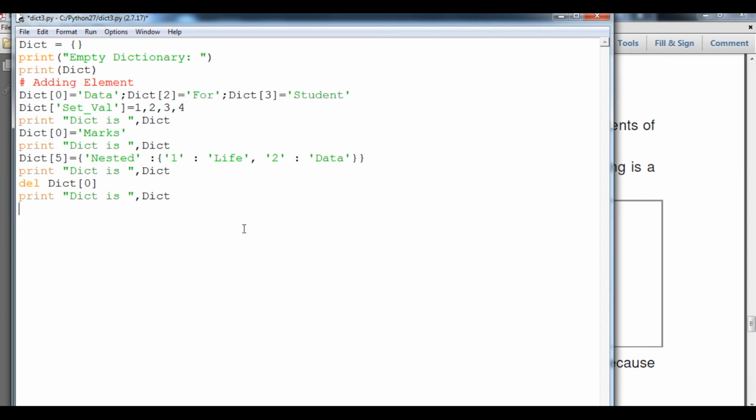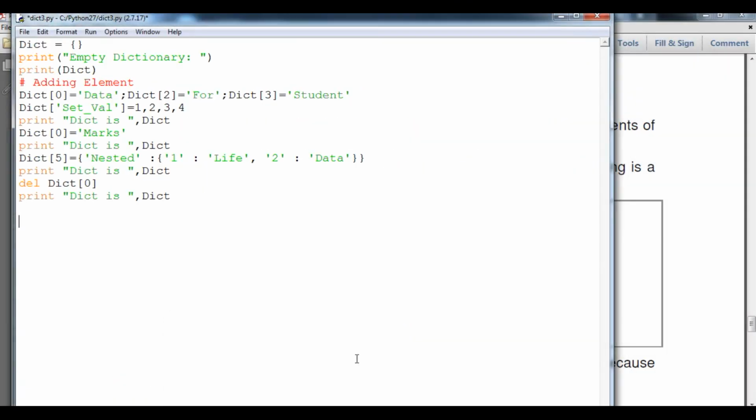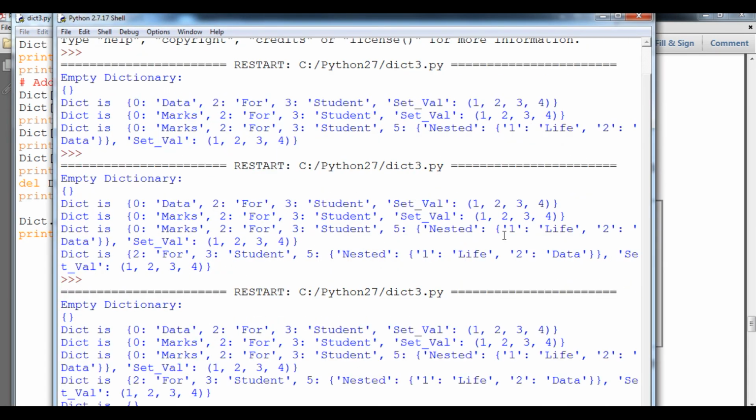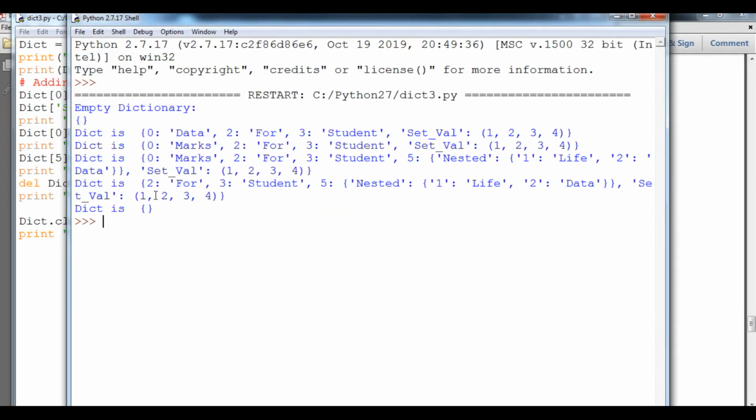So student, here first of all we are going to use the dict function, that is clear. After that if I print, you will see the output. I will show you in a fresh copy. You can see I have used this, and after clear, the dictionary is empty.